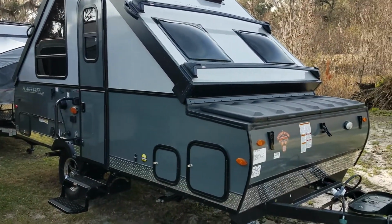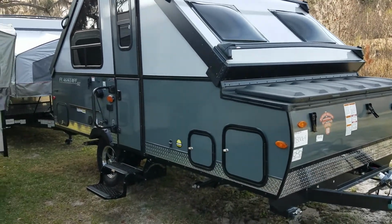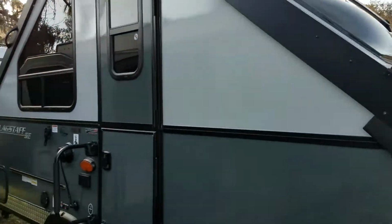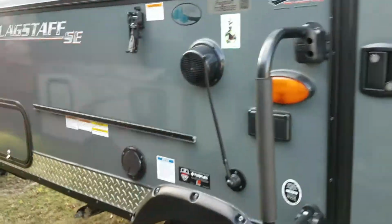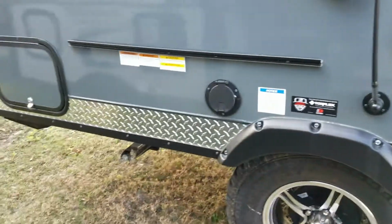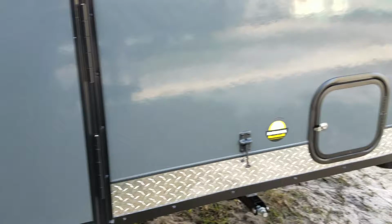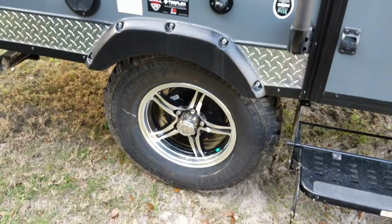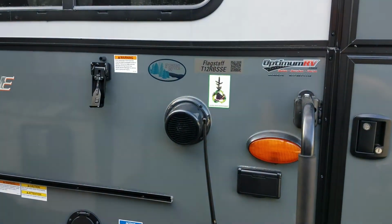As you can see, it's got fiberglass sides, the A-frame design, folding design, has diamond plate to protect the bottom, has aluminum alloy wheels, outdoor stereo,